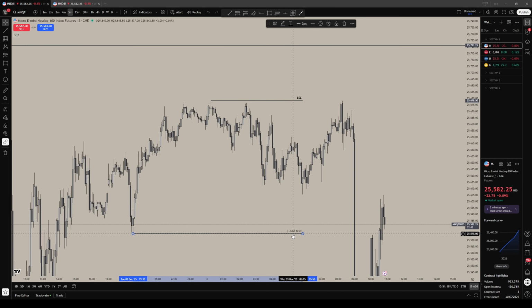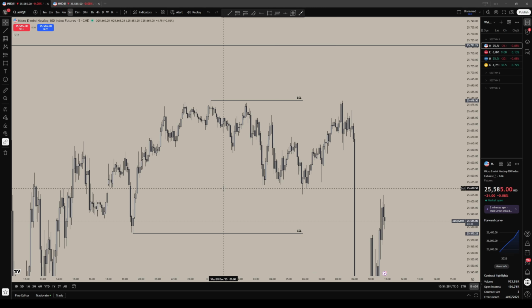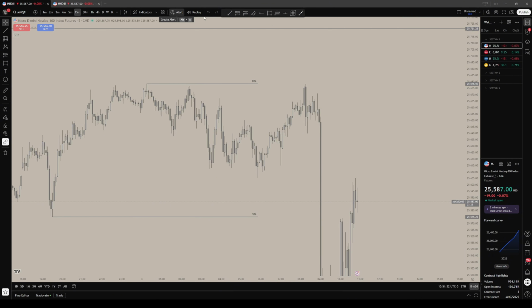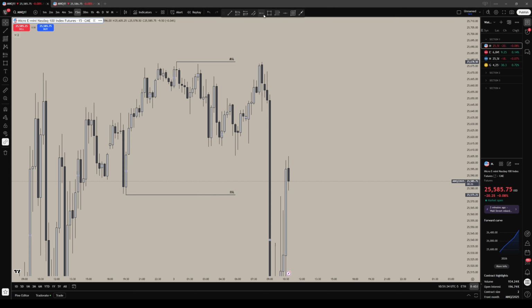Normally, I'd label them as Asia high and low, but this was right after Asia. That was right before Asia, which I do from 8 to 12. But it's all the same thing. You're looking for the levels. The names don't really matter. There was also, if there are 15-minute fair value gaps like this, I would look for them.